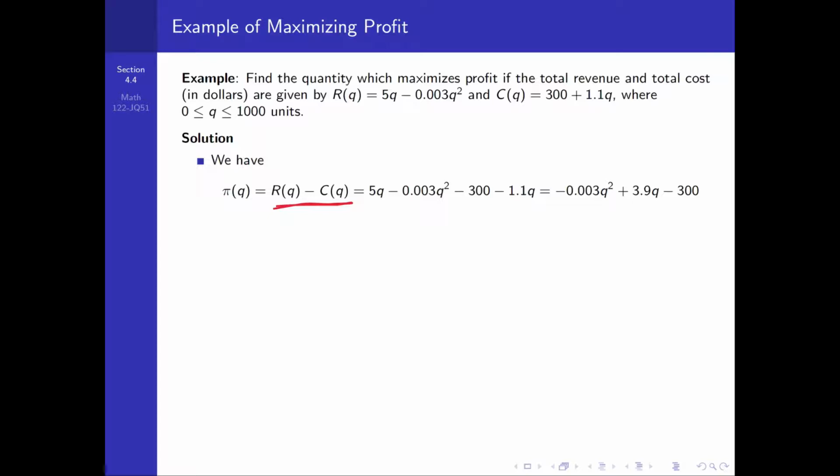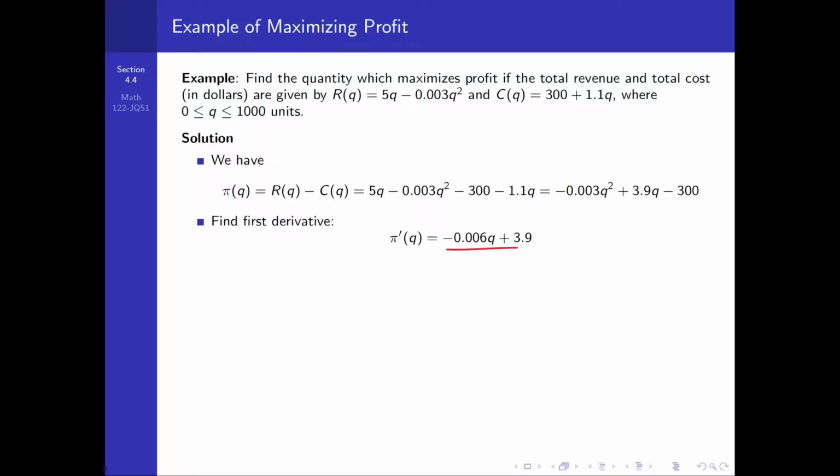And if you take the particular functions in our case here and you subtract them from one another, you end up with negative 0.003 Q squared plus 3.9 Q minus 300. From here, we're looking to find critical points, and on the way to finding critical points, we need to take the first derivative. So the first derivative of the profit function gives me negative